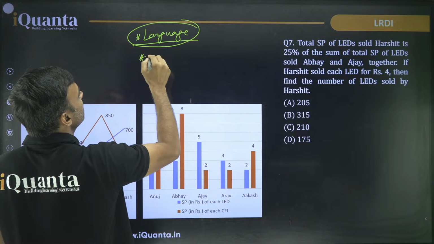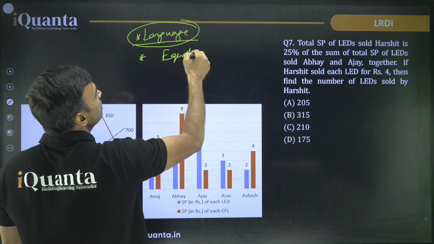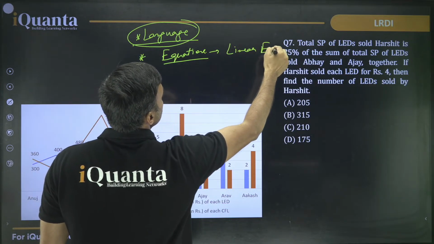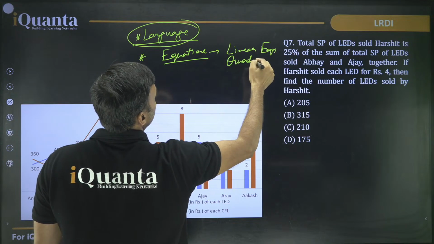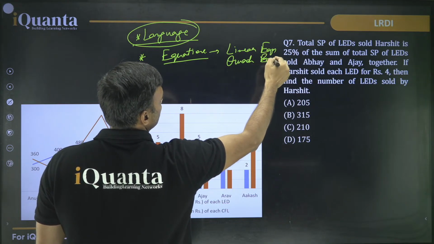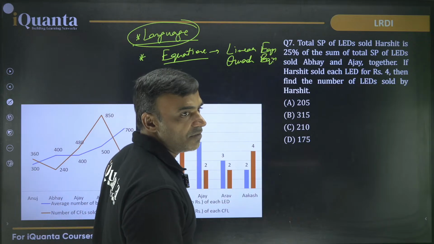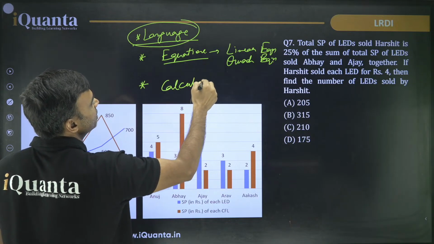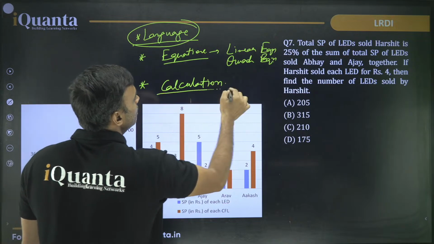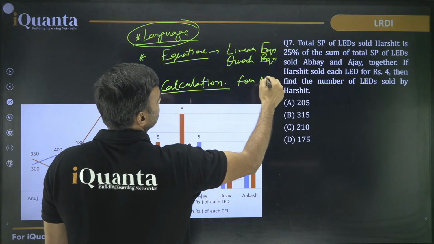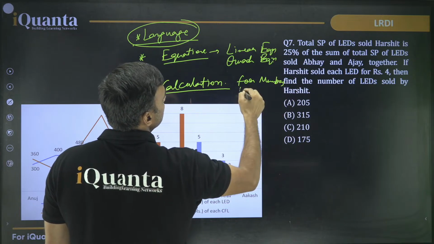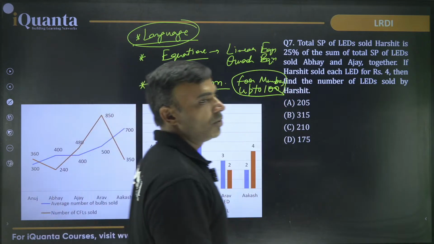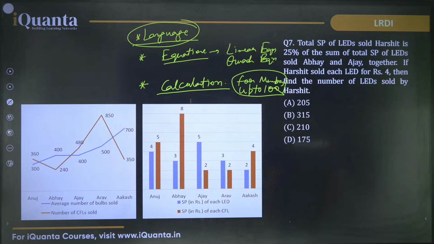Then after that, language. Then the next thing that we spend a lot of time on is equation solving. So what kind of equations are very important? Linear equation, that is one. Second, quadratic equation. What kind of quadratic equation? One variable quadratic equation only. So factorization and all those things should be absolutely very, very clear. Third thing is calculations. Calculation should be good for numbers up to 100. Numbers up to 100. Okay? Are we clear about that?